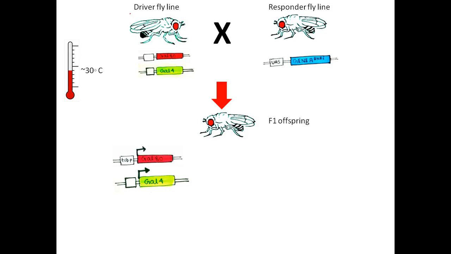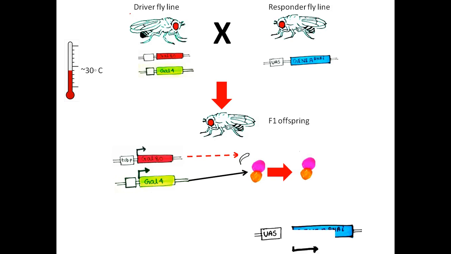Both Gal4 and Gal80 would be expressed, but Gal80 cannot inhibit Gal4 because at that particular temperature Gal80 is disorganized and inactive, so it cannot mask the activity of Gal4 and cannot bind to the Gal4 activation domain. So in absence of Gal80, Gal4 can easily go and bind to the upstream activator sequence region